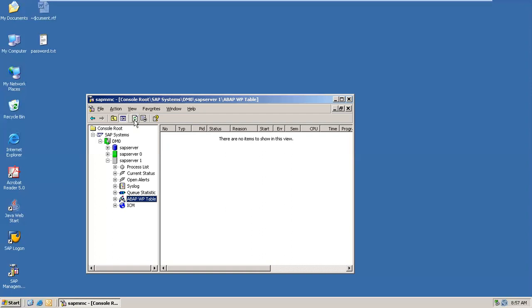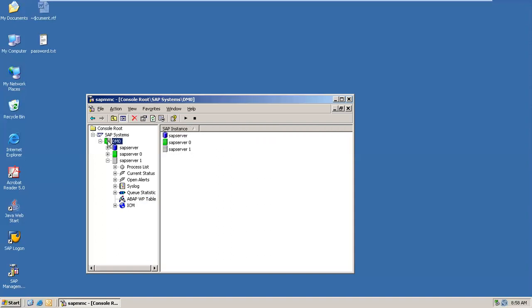So let's keep waiting for this. It is still not displaying.